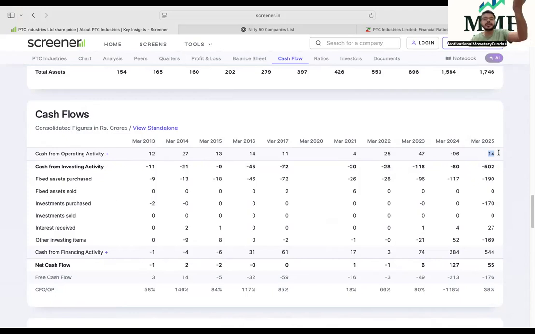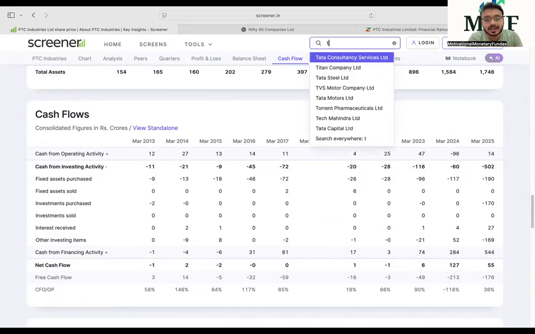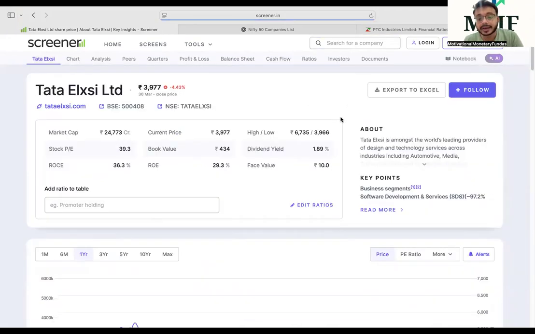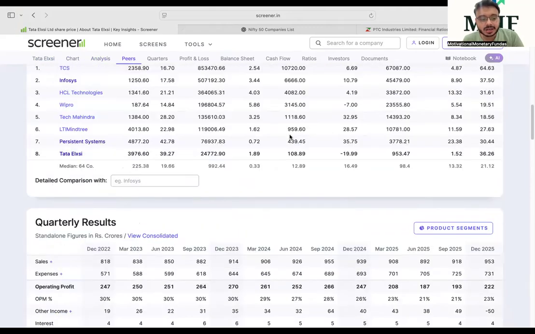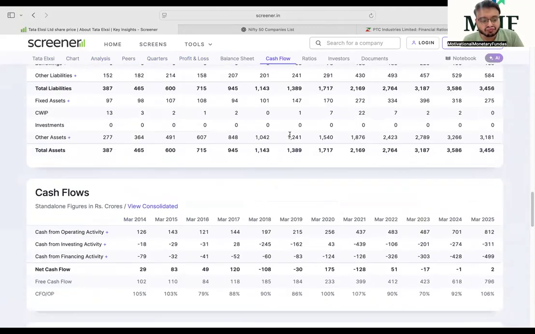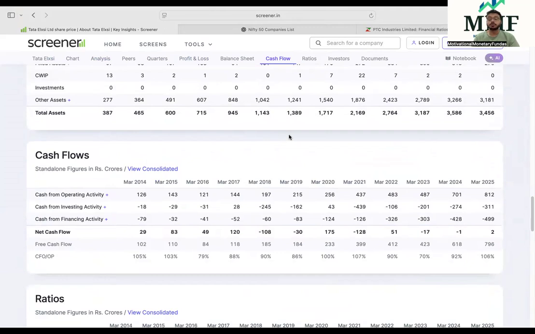And again, this number is very high. People might say the company is overvalued. कैश तो बहुत ही कम है, आपका बेस तो बहुत छोटा है ना. So again, for such type of companies this ratio might not be good. But if you see a company called Tata Elxsi, जो हम देख रहे थे इससे पहले, वहां पे it should work ideally. 3977 का प्राइस है, और कैश फ्लो 812.